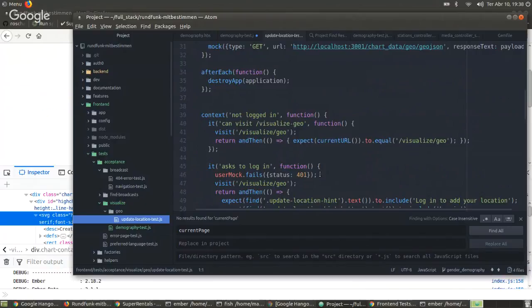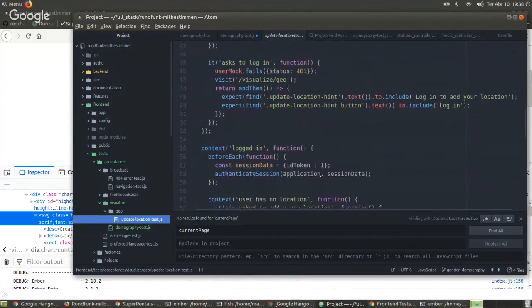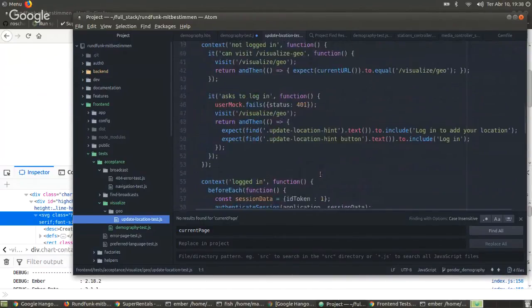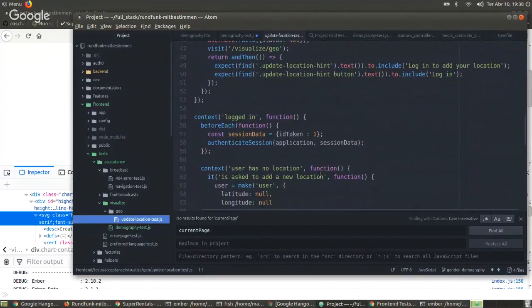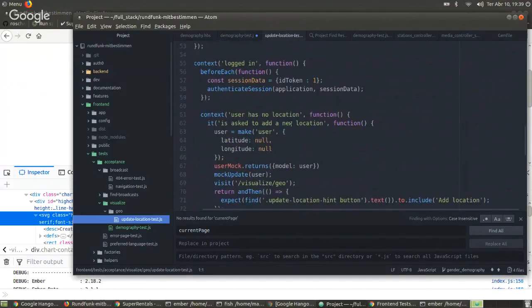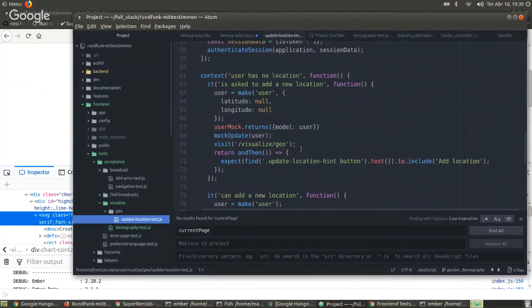That is responded to the front end as soon as the page loads. And then you click. First you check what's happening if you're not logged in. It will ask you to log in. So if you click on the map and you're not logged in, it will ask you to do so. The interesting part is if you're logged in and you have no location and you click on the map. So the user has no location, latitude and longitude are null. And then you say, visit visualize geo, and then